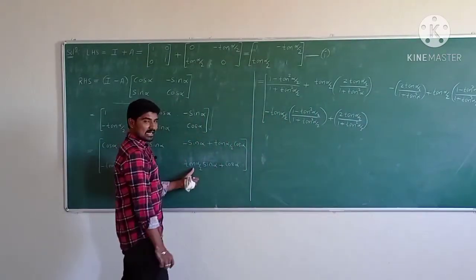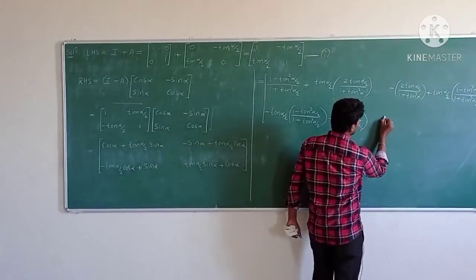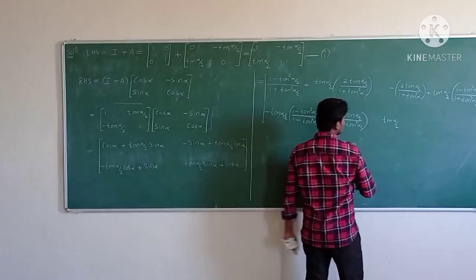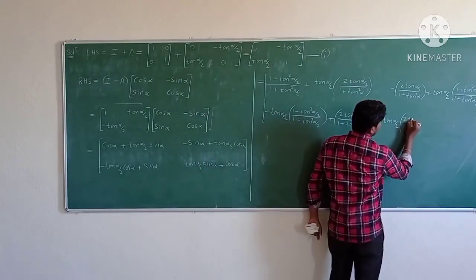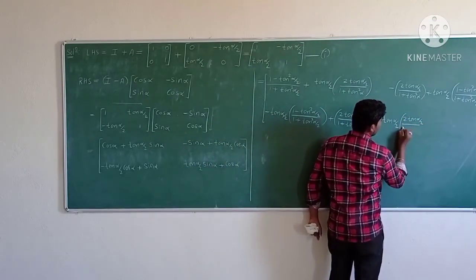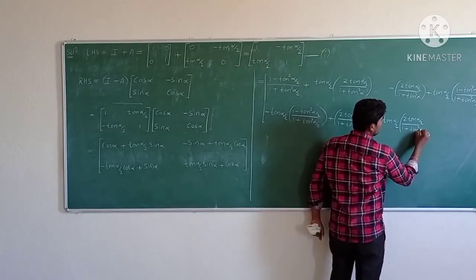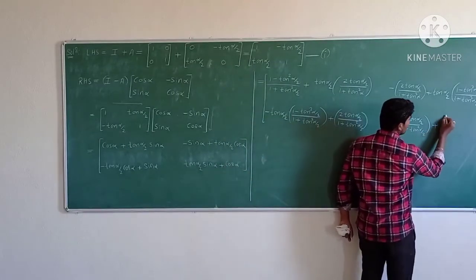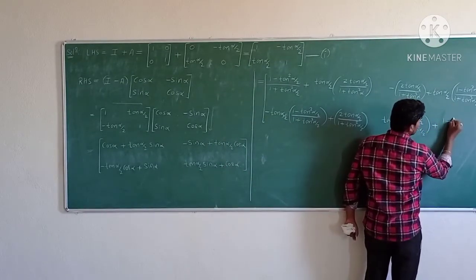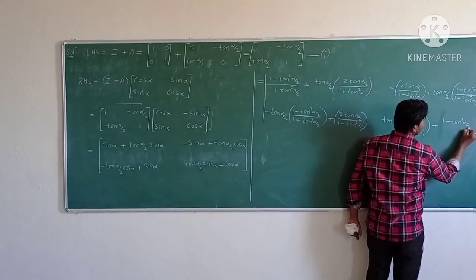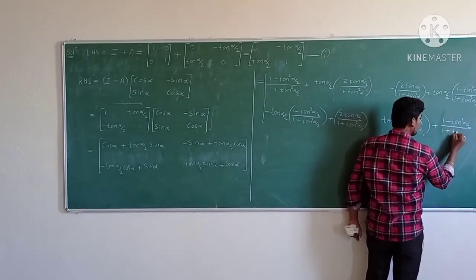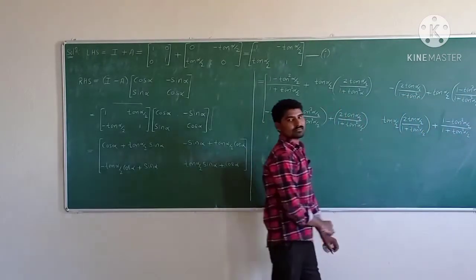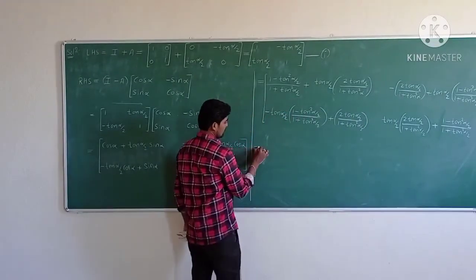And now here tan alpha by 2 as it is, sin alpha is 2 tan alpha by 2 divided by 1 plus tan square alpha by 2, plus cos alpha, the formula for cos alpha is 1 minus tan square alpha by 2 divided by 1 plus tan square alpha by 2. And now which is equal to